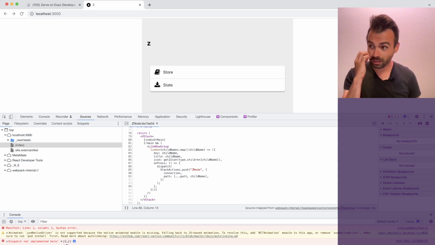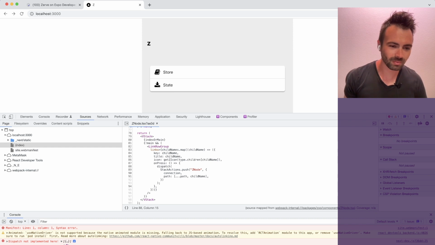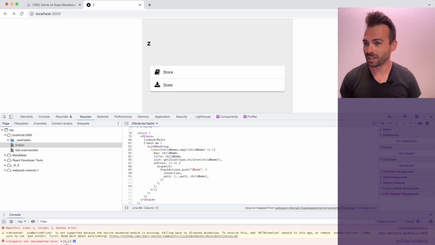Otherwise, it's like React Navigation, which I'm not trying to publicly affiliate myself with. React Navigation has this generic API for navigation, and it's type safe, so it's good, but it just does not play nice with